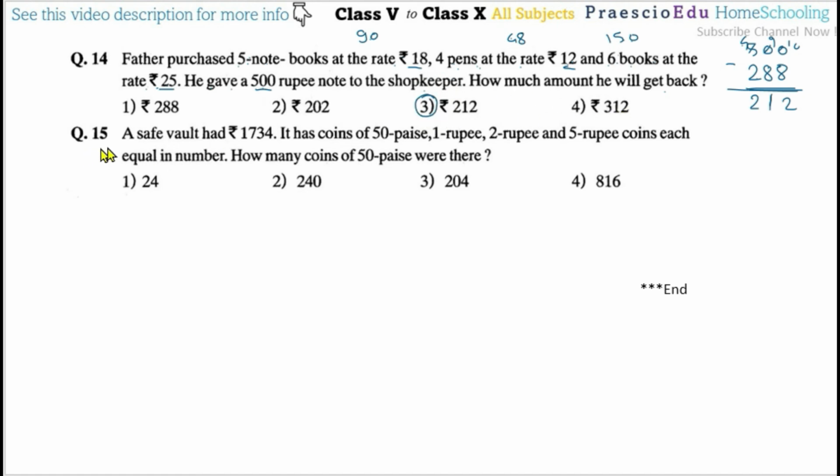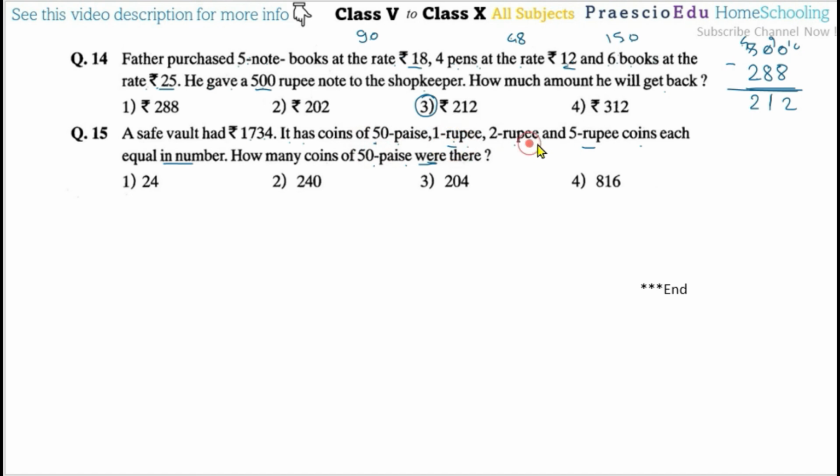Now question number 15. A safe vault had rupees 1734. He has coins of 50 paise, 1 rupee, 2 rupee and 5 rupee, each equal in number. How many coins of 50 paise were there? Okay, so now